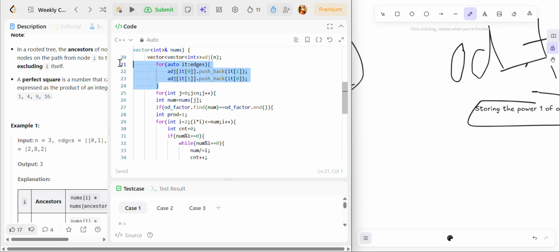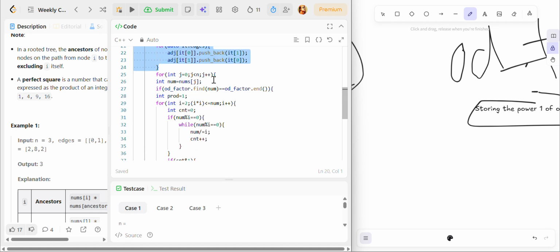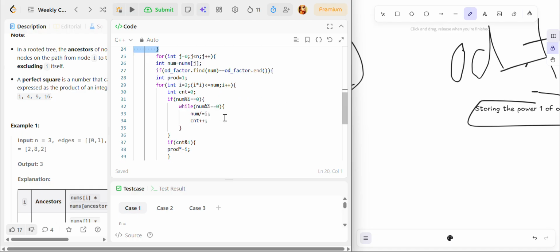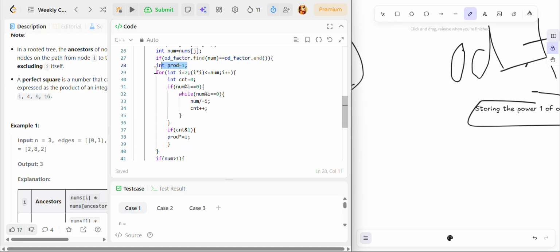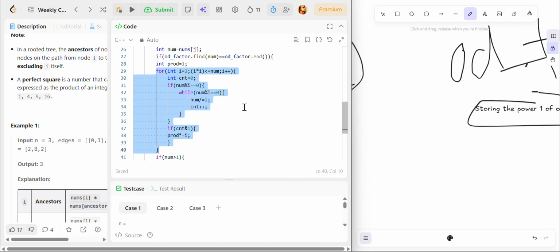First of all, I have created the adjacency matrix, and then for the odd factor I am iterating through the last index of nums, and I am storing in num as nums of j, and then checking if there is already a value existing in the map. Firstly I have taken product as 1, and then I have done this. This will give me the prime factors, and